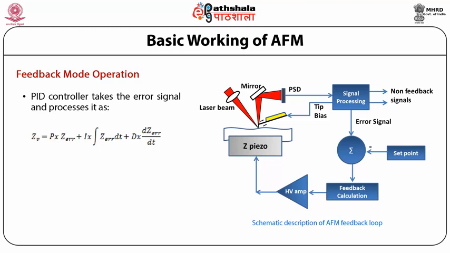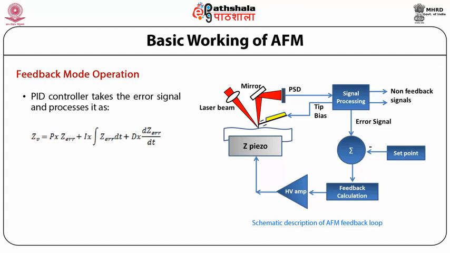Although signal processing varies according to the image mode used, the feedback loop always performs essentially the same function. The feedback system used to control the tip sample interactions and the resulting images are optimized for each new sample. This optimization is accomplished by adjusting various gains in the feedback circuit of the scanning probe microscopy.